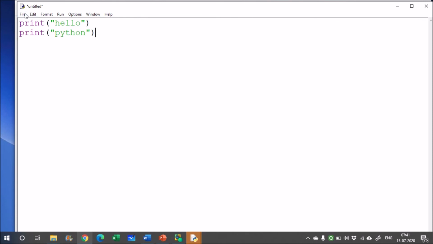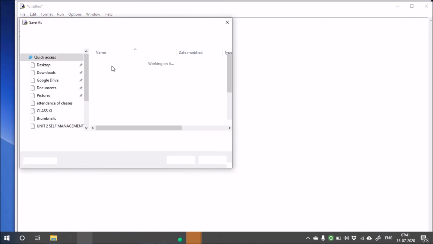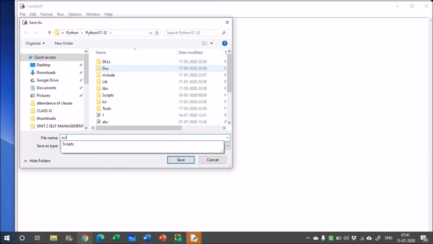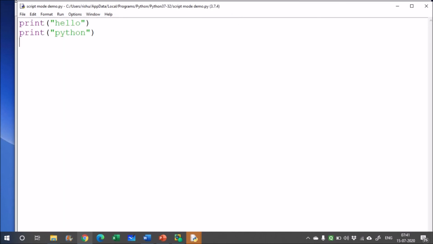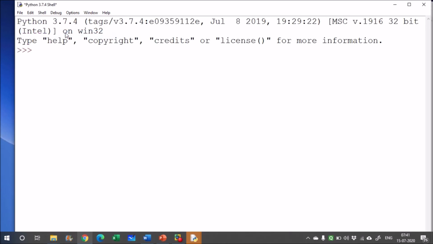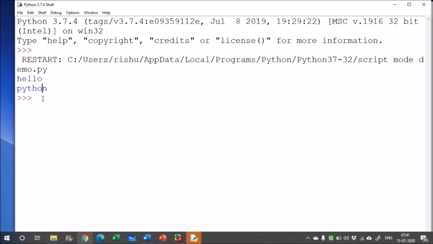So here I will save my program. And for running you will click on run and then run the code. You can see hello Python, it is printed.